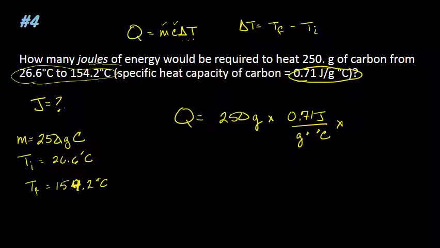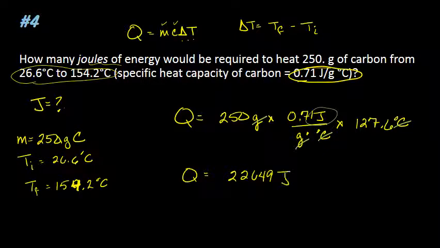After using the handy dandy calculator, 127.6 degrees Celsius. And the nice part about writing out the units is you can see that they do cancel out. The grams cancel, the degrees Celsius cancels, and we're left with the unit we want. Now we just have to multiply it all across. So we end up with a final answer of Q equaling